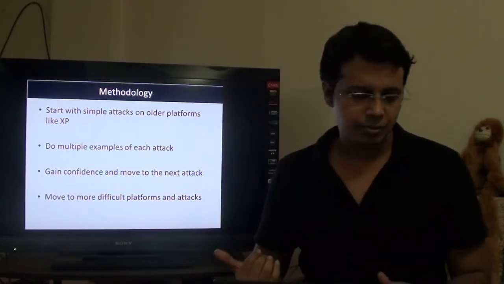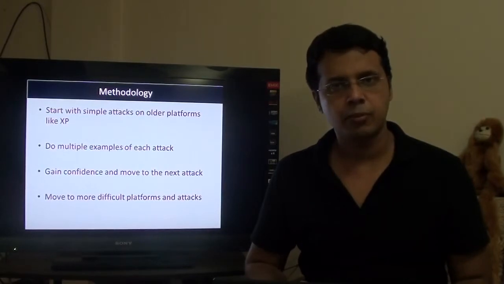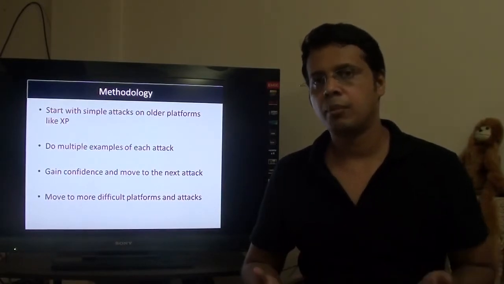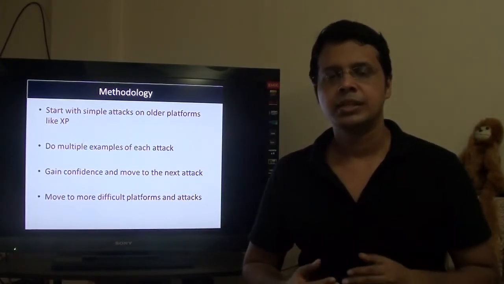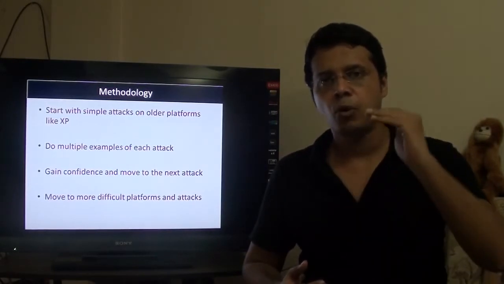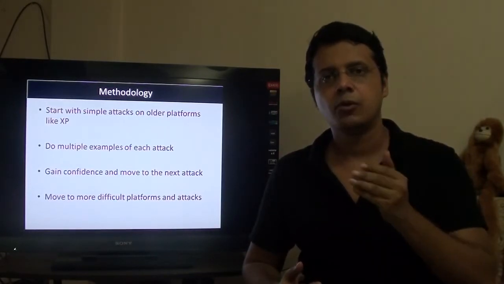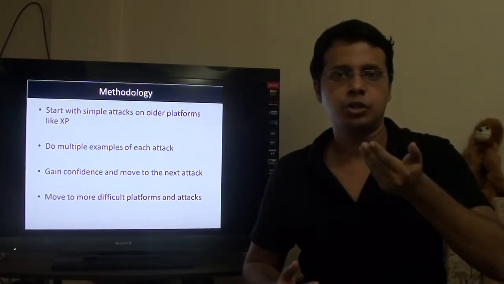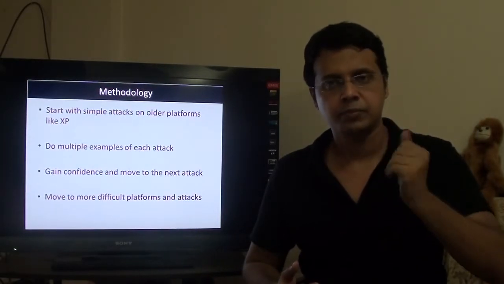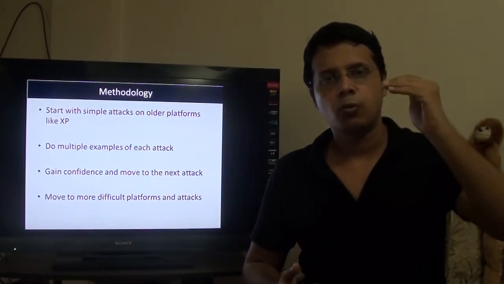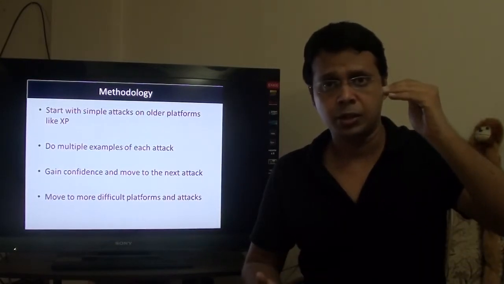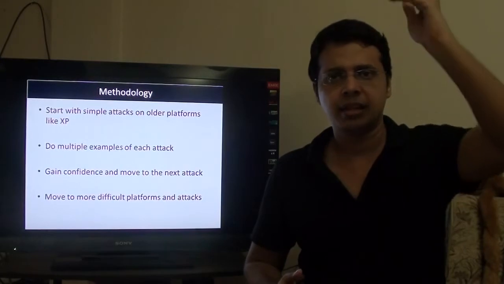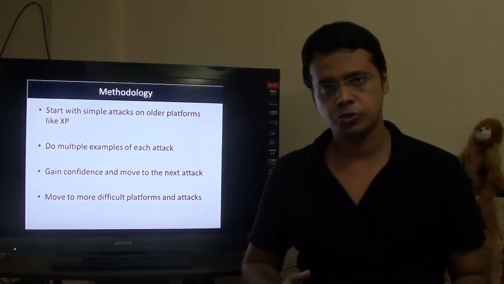So we'll start with, let's say, a Windows XP platform and try the whole vanilla buffer overflow first. Then we'll take it up one more notch, and look at what happens when we want to exploit an SEH based attack. Then we'll look at what happens when DEP is applied to the situation, and then ASLR is applied, and so forth.